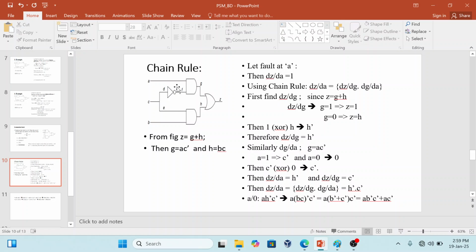Then I can find out dz by dA. That is called the chain rule. So we can apply the chain rule for simplicity. You can individually handle the variables with a small expression. Otherwise, writing z in terms of all primary inputs, the expression may become very large. So that's why what we are doing here is